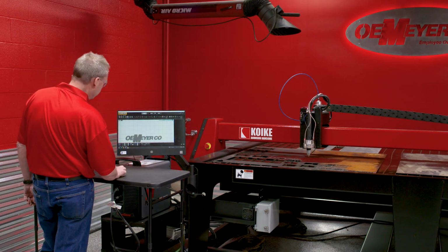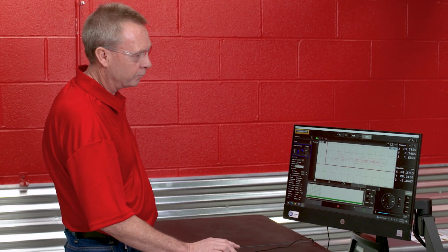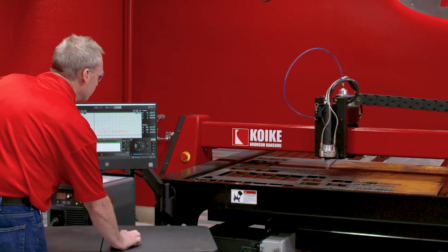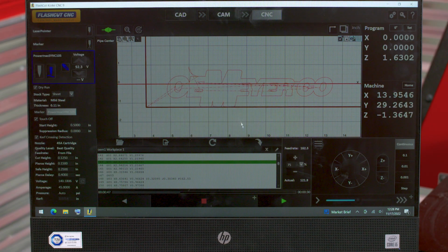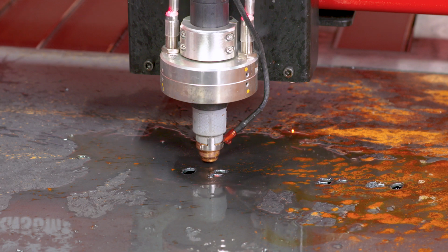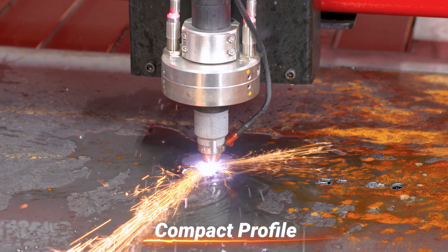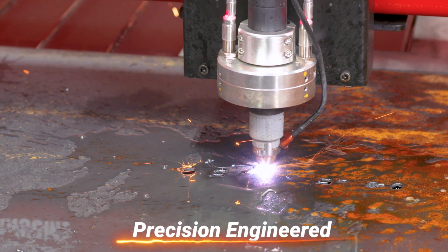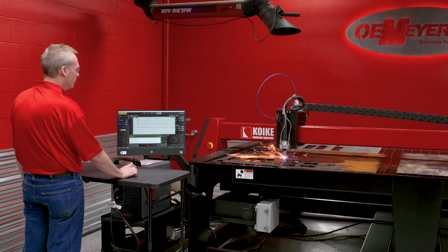Koike ShopPRO. The latest generation of Koike Aronson plasma cutting machines, the ShopPRO, is the solution for fabricators and metalworkers who demand a rugged and robust feature set at a reasonable price. Highly intuitive and user-friendly, ShopPRO simplifies operations and improves efficiency for seasoned operators and novices alike. And its smart profile packs premium features in a package compact enough to fit in small shops for even greater ROI. Its standout features include a dual-side drive with precision ground linear bearings for smooth and accurate motion,